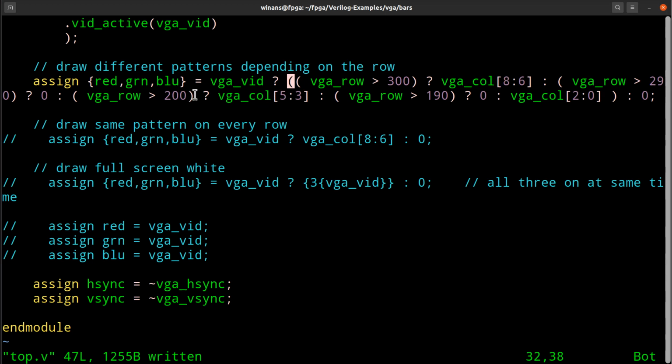Okay, and then if it's greater than 200. But if it's not greater than 200, and it's on, but it's greater than 190, we want black. And this is going to put a black bar across the top of this section of faster changing color bars. Now, if it's not greater than 190,